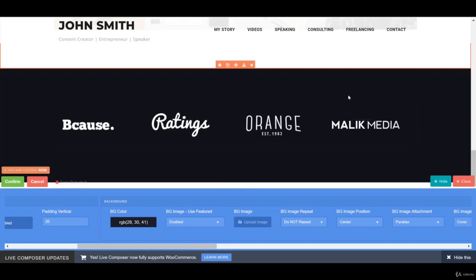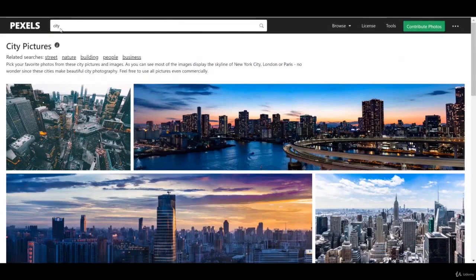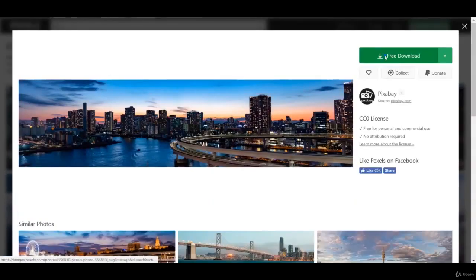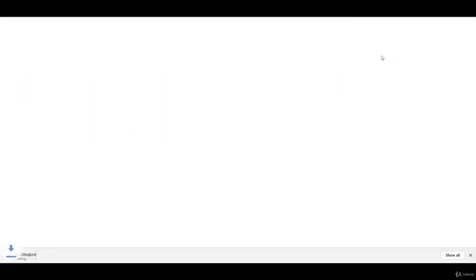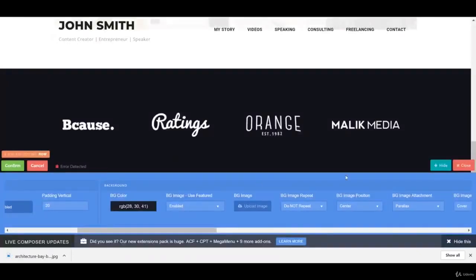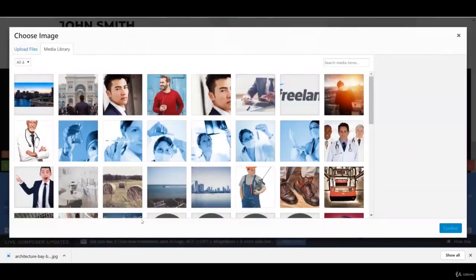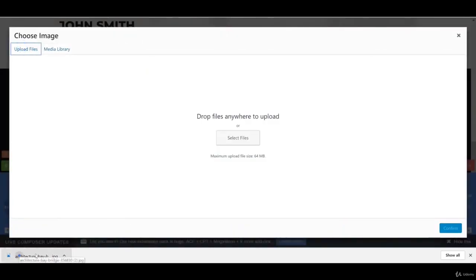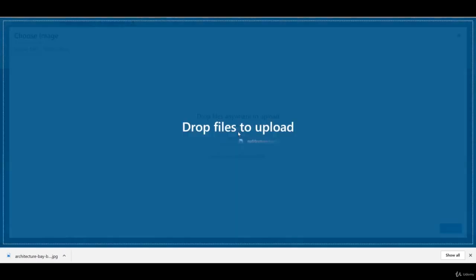So we're going to go and get ourselves a good picture to have in the background. So going back to our site that I showed you has free images, I just simply typed in city on Pexels, and first one that popped up, that is an absolutely incredible picture. So I'm actually going to go with that, and you just simply hit free download. And you're going to get the largest file. And then I'm going to go back, and we just simply hit upload image and drag that onto there like so if you have it, or just wherever your file has been downloaded to. So we drop it in,